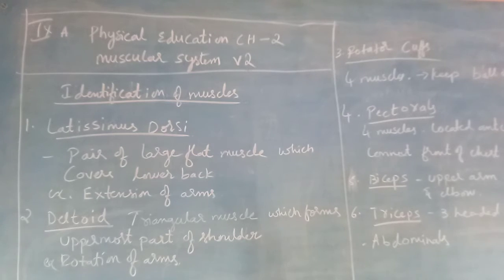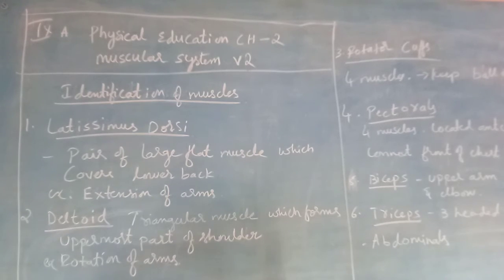That identification of a muscle will get you 4 or 8 marks. So they will give you, for example, extension of an arm. They will give you an activity. You have to write it as latissimus dorsi. That is the muscle that will be contracted when you extend your arm. Like that you have to write the muscle. Otherwise they will give the muscle, and you have to write the activity or exercise or stretching that you are performing.